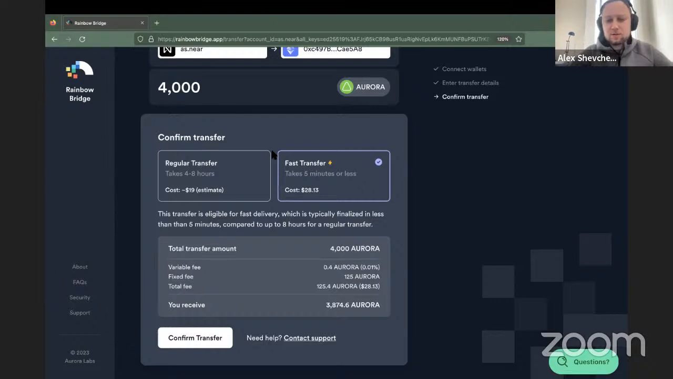What fast transfers are bringing is encoded in the name of it. Fast transfers from NEAR to Ethereum are going to take just minutes, in comparison with the regular transfers that take from 4 to 8 hours. Their cost is a little bit higher. The cost is calculated based on the finalization costs on the Ethereum blockchain. So the user doesn't need to finalize the transaction on the Ethereum blockchain, which the user should do in case of the regular transfer. As you can see here, it's around $19 at the current gas prices on the Ethereum blockchain. So for the fast transfer, it is